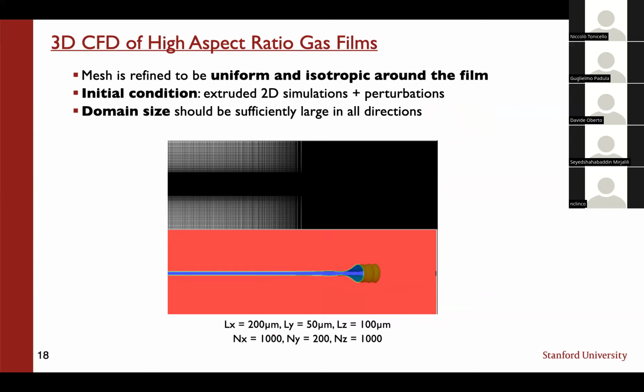And so I did these in my code. It's a 3D MPI parallelized code written in C++. So we needed, I think, around 400 million. So this is a laminar case, and despite that, we needed a few 100 million mesh points to be able to resolve the dynamics here. Yeah, we have the mesh size here. It's 200 million. And so basically, I took a 2D retracting gas film, I extruded it, added some perturbations,